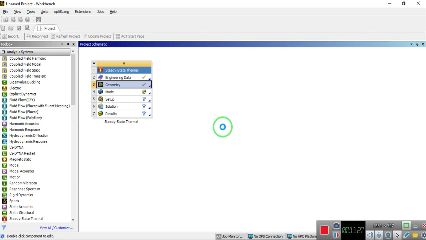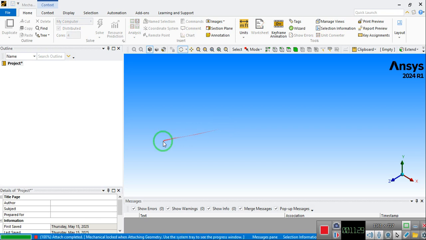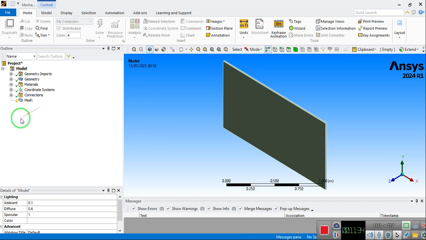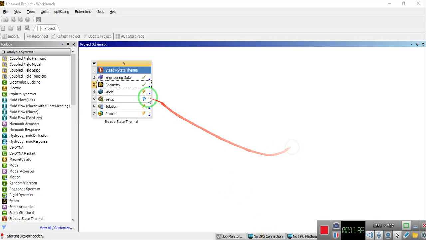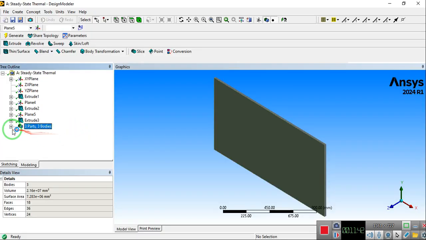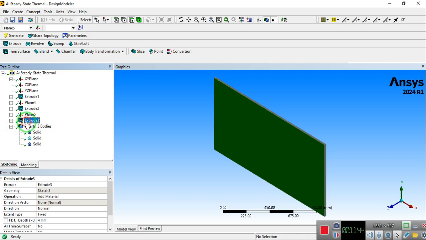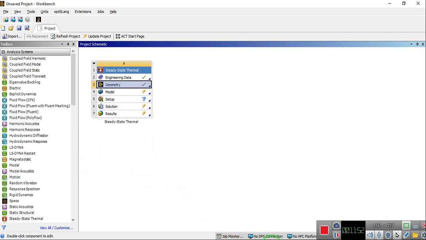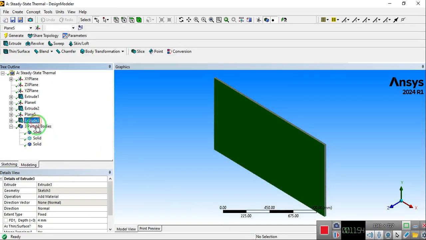I guess as there were 3 bodies, so everything should be fine, but let me confirm it again. So I will reopen the design modeler. Okay, as there are 3 bodies, I guess this should be fine. So if I go to extrude option, extrude to, so just change that. Okay, add material